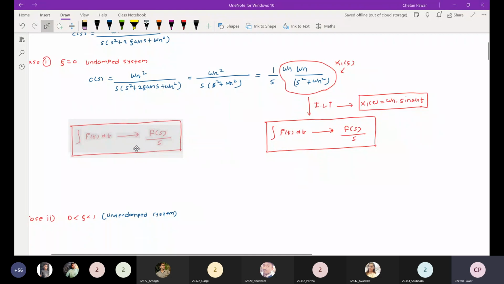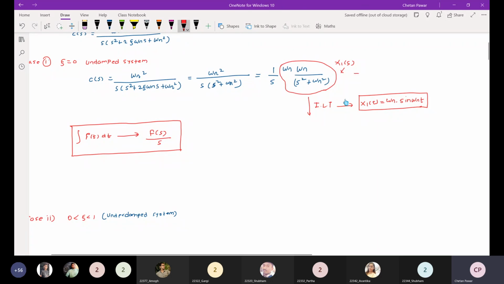If you take the integration of a signal in the time domain, in the Laplace domain you need to divide the Laplace transform by s, right? So here they did that only. This term is X1 of s upon s, no? So in the time domain, what will you do? Integration, yes, right? So just take the integration. C of t will be the integral from 0 to t of x1 of t dt, right?